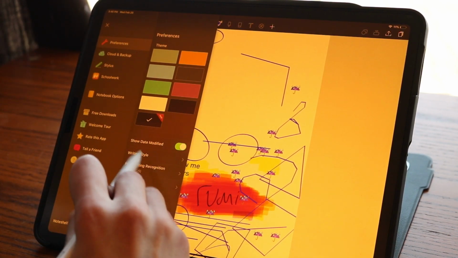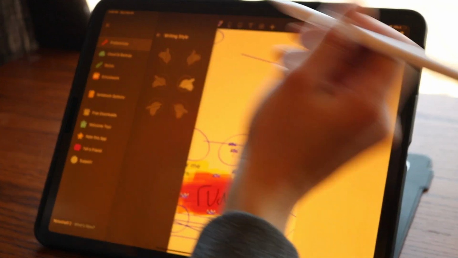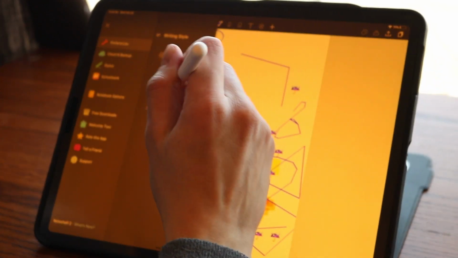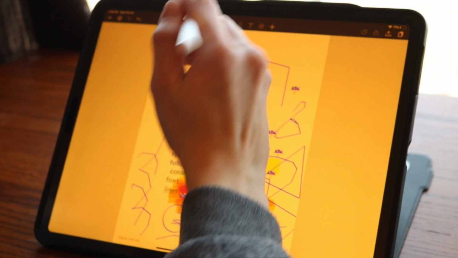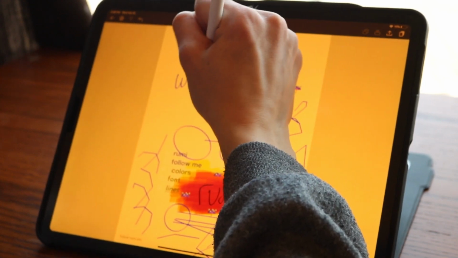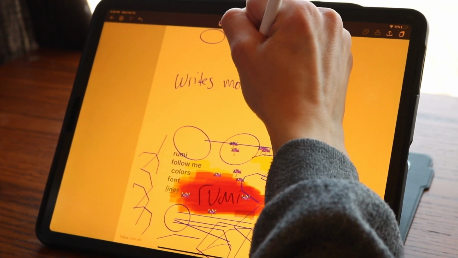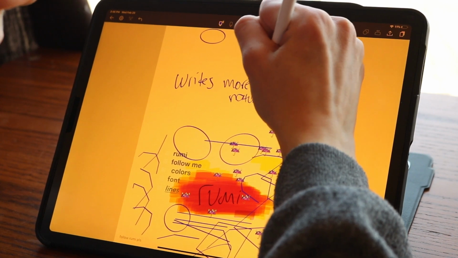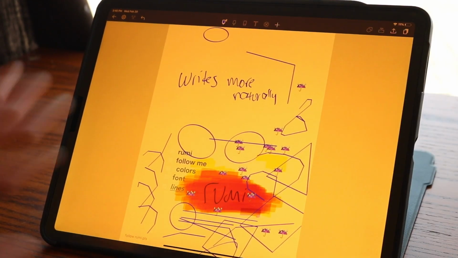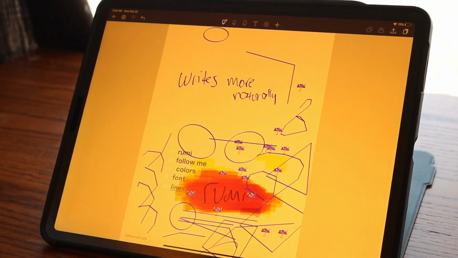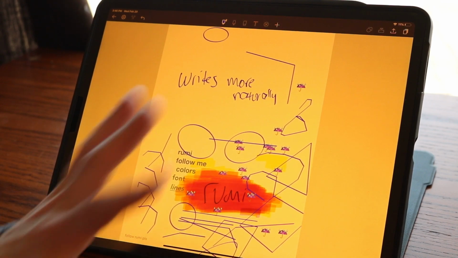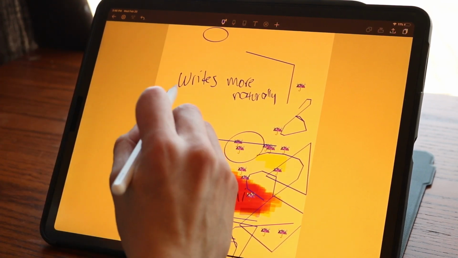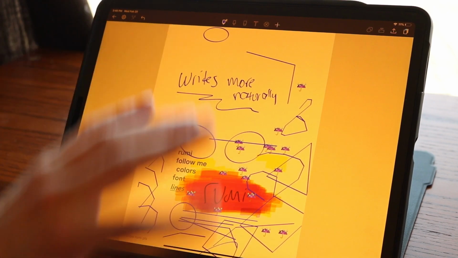So I went in here and I did the writing style, and I'm right-handed, so that's this one, and honestly, I like this one better. I feel like it writes more naturally. Now I know my handwriting. That's what it looks like. It looks messy. It looks just messy, so I know that this is an exact copy of what I'm actually